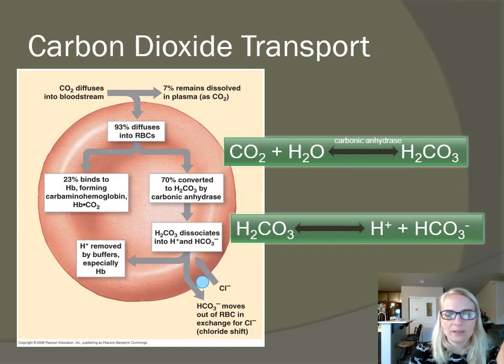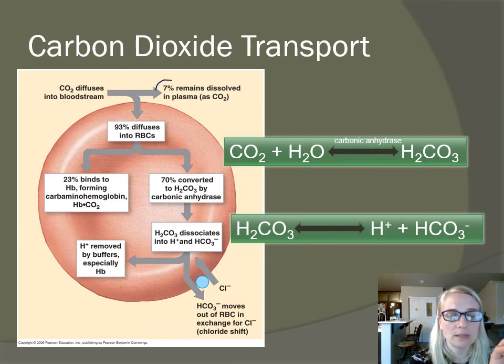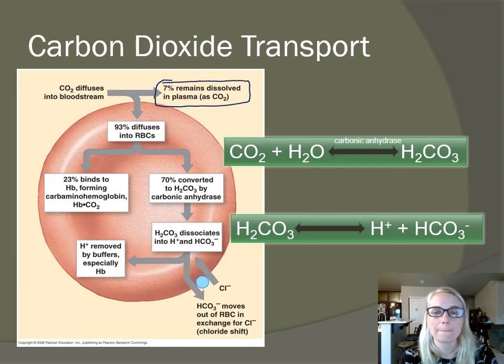Okay. Now, CO2 is a little bit more complex. There are a couple of reasons why, and one is that CO2 is a little bit more soluble in the blood plasma. So here we are going to see that 7% of CO2 is dissolved in the plasma, where it was only 3% soluble for oxygen when the oxygen was picked up. So then of that remaining 93% of the carbon dioxide that gets picked up at the tissues, it goes into